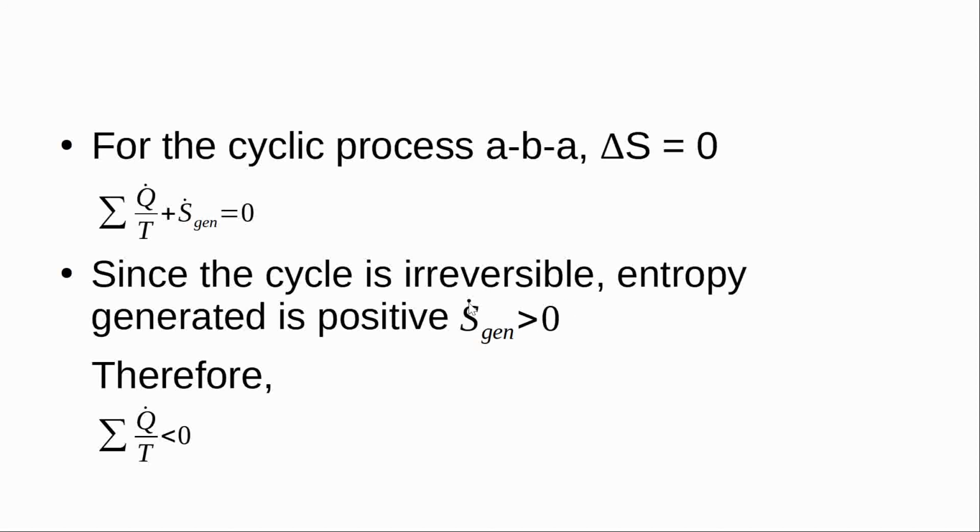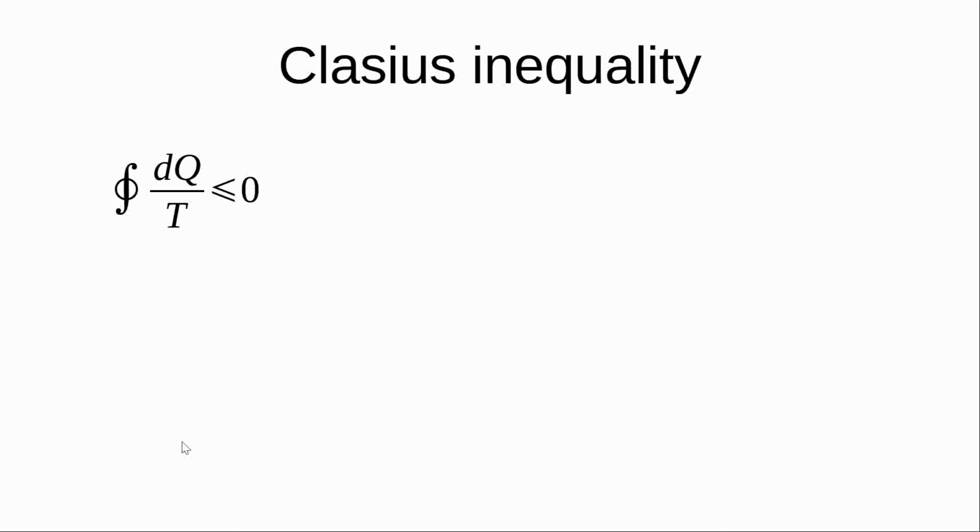For a reversible process, it is S dot gen equal to 0, and for an irreversible process, it is S dot gen greater than 0. Therefore, we get summation Q dot by T less than 0, or we get our Clausius inequality, that is the cyclic integral of dQ by T on the cyclic process itself is going to be less than or equal to